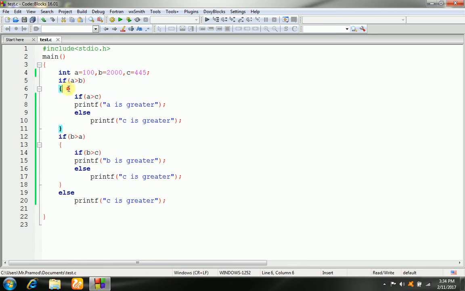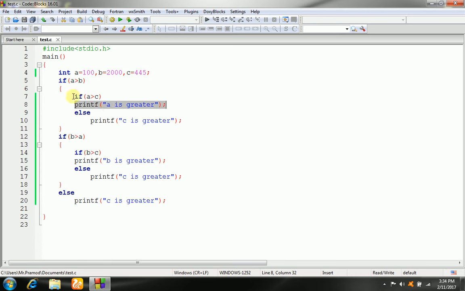Then we write the statement: if A is greater than B, and if this condition is true, we have to compare A with C. If A is greater than C, the compiler goes inside the block of the if statement, and we check another condition, A is greater than C. If this condition is true, then this will be printed: A is greater.